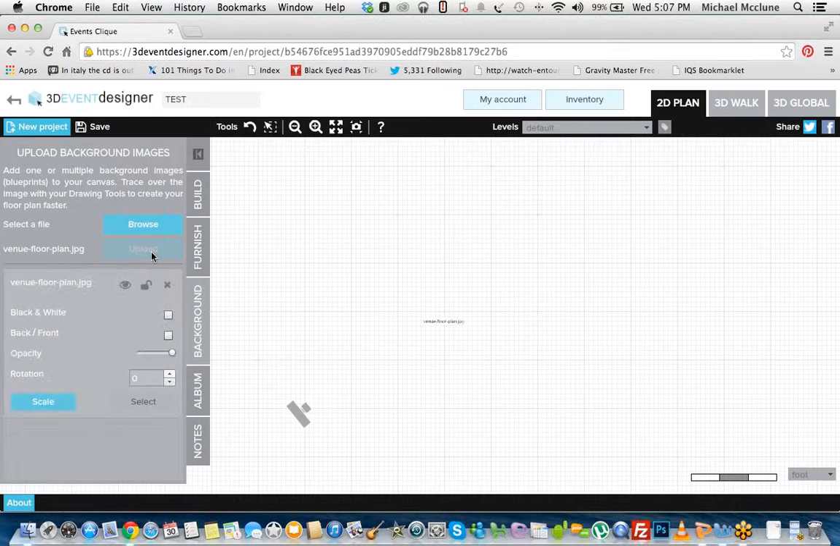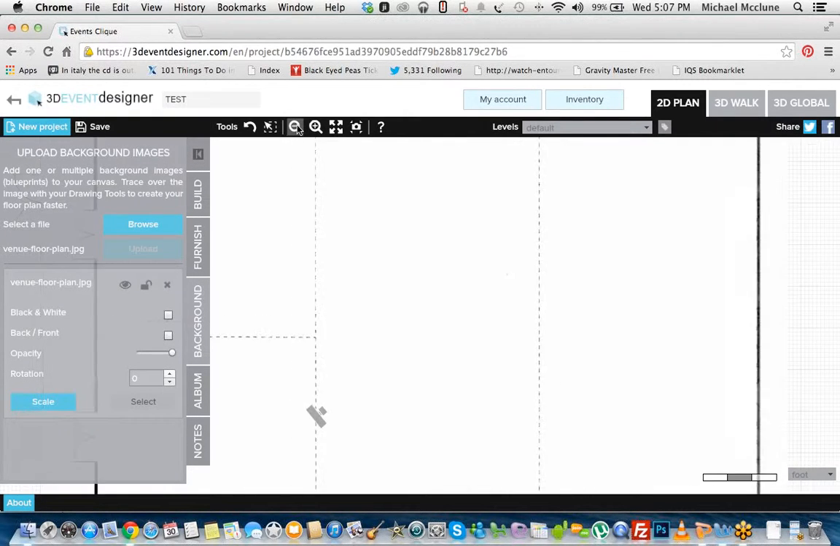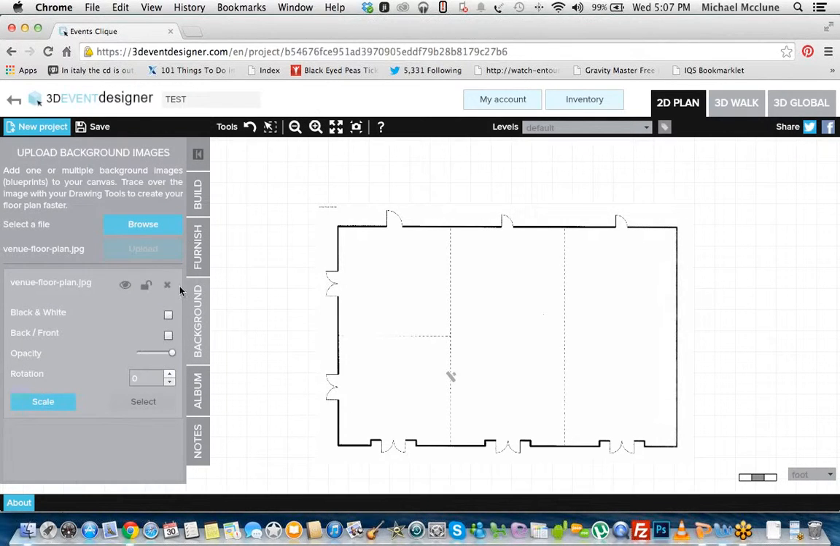All right, we'll click on upload. And let's zoom out. These tools up here, this is zoom in, zoom out right here. We'll go ahead and zoom out. Now the first thing I'm going to do is press this lock button. You'll notice the lock icon, lock, unlock. Basically what this does is it locks it to the grid so that it doesn't move around while you're tracing